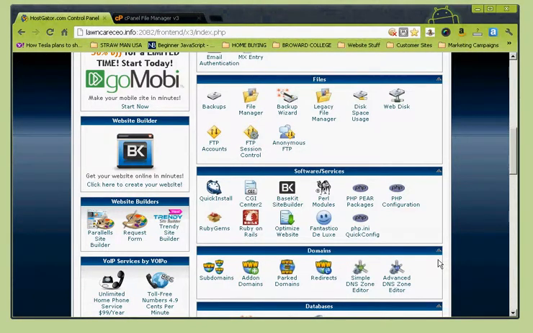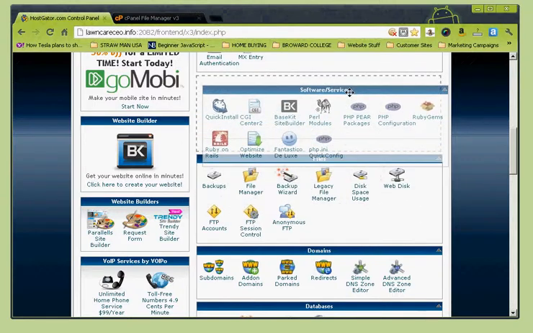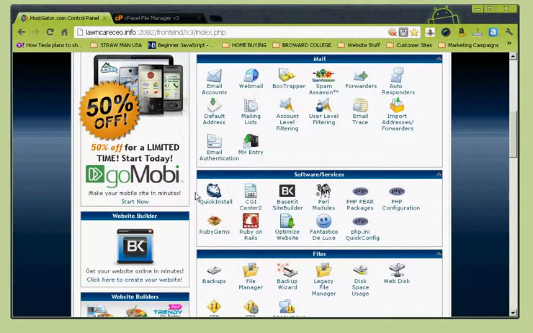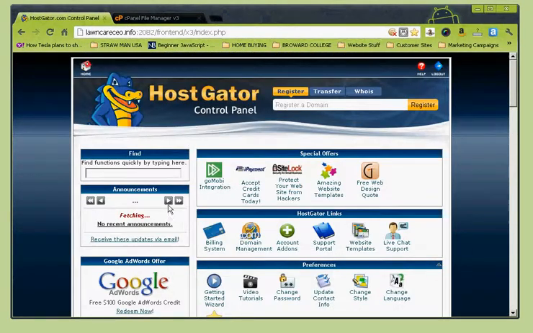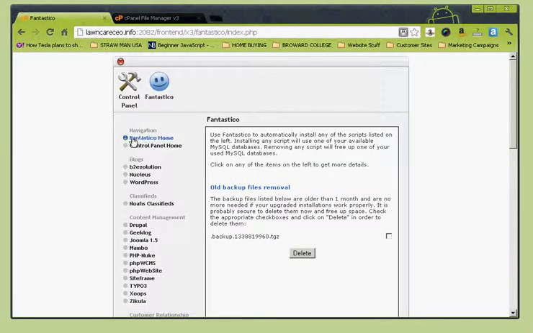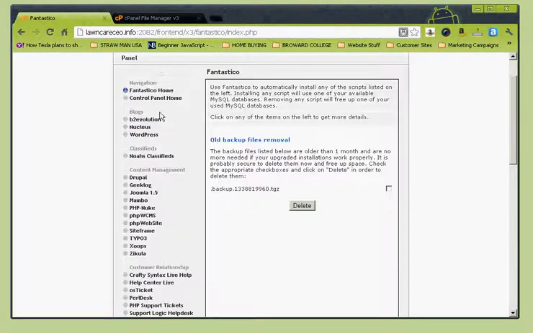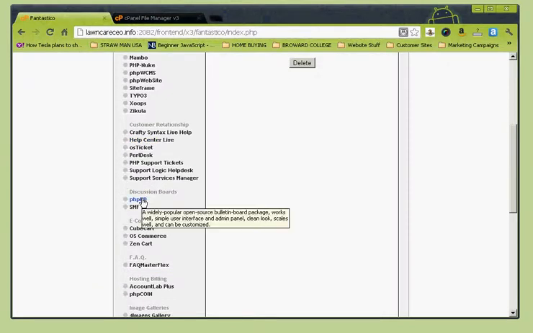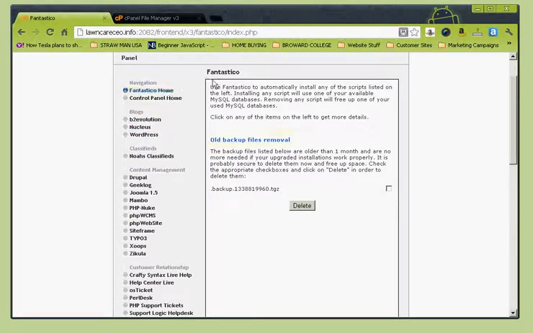So, in order to get to Quick Install, which is here, and Fantastico, which is here, you go through the software services portion of your cPanel. We'll click on Fantastico first, since I've seen it more than Quick Install. And here you'll see all of these options to your left. In this left hand panel, there's all kinds of pre-built platforms, and to the right, as you click on them,